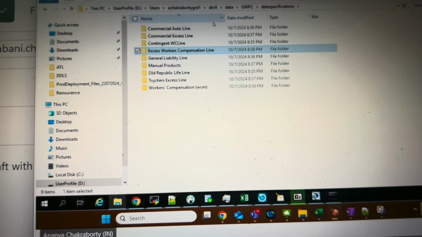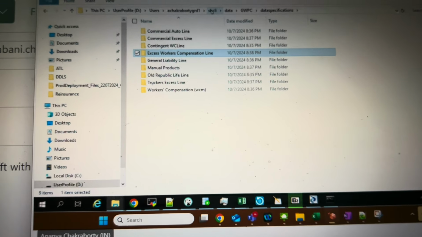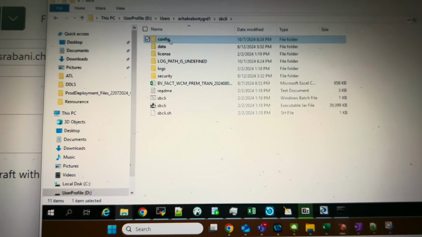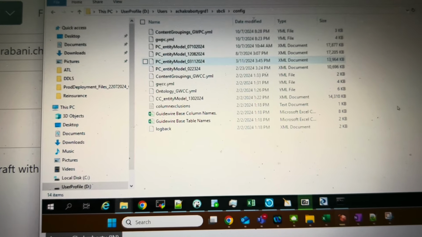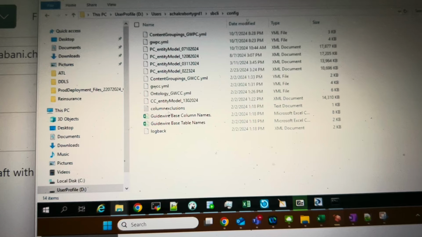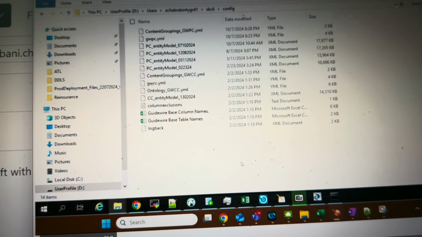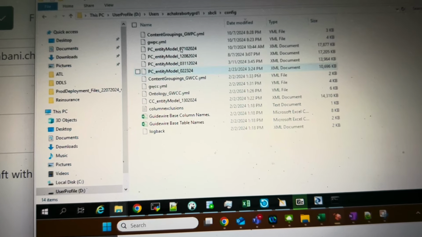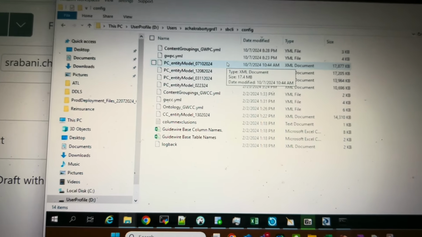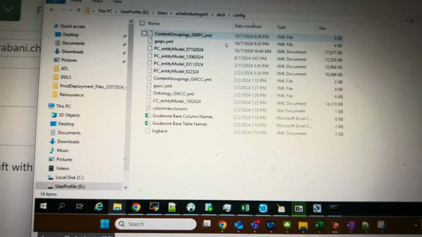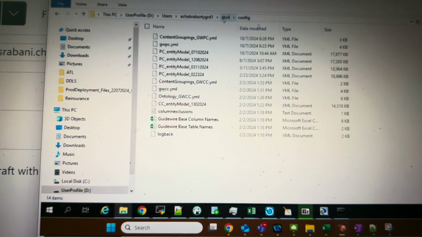Like on my side, I faced it one time in one of these files. What was the file name? Content grouping. Something was missing. So I just fixed it, and after that I reran and it got generated. So you have to do that analysis. We can't say what the error is in advance. At the time when you are generating, at that time itself you have to figure out what is happening. You just need to know what files you are using, and based on that, if you see any error, you have to go to that particular file and figure it out. Okay, so these are the things.